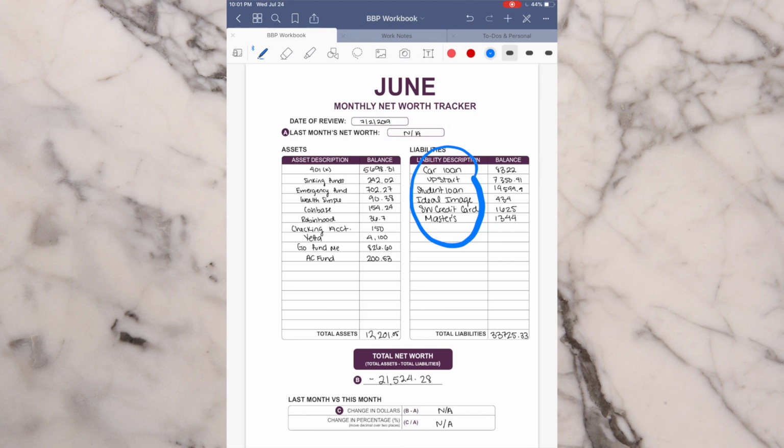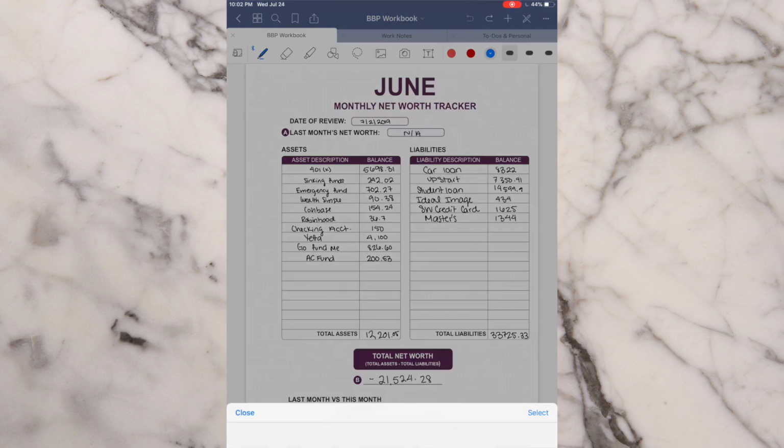And another really cool hack is, if you are not sure if you have all of your debt, then using one of like the Credit Karma or credit viewing apps, you can actually see all of your debt in there. They'll have all of your accounts under your name on any of those things. However, just don't trust the amount that's there because it usually takes a little bit to update. So that's how you can really figure out your net worth, so that then you can really start working on your budget.